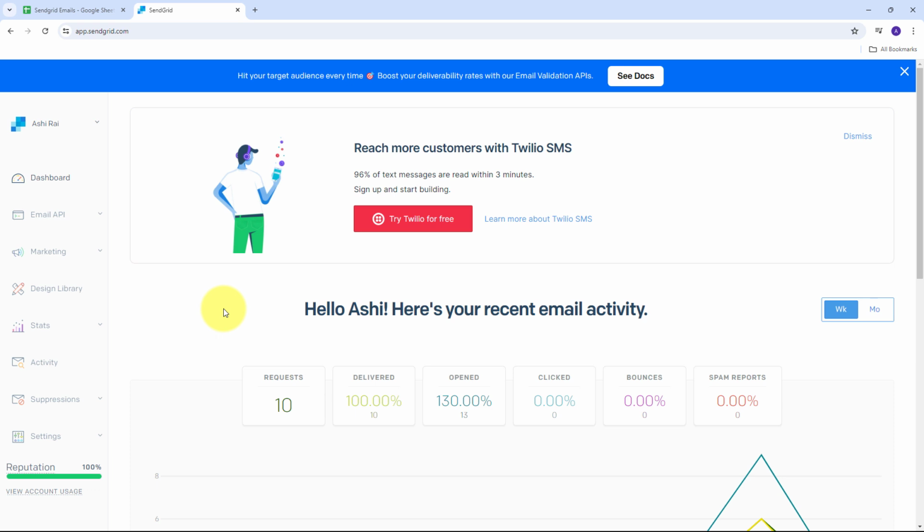This integration not only saves time but also ensures consistent and personalized communication, enhancing customer engagement and improving the efficiency of your email campaigns. In this video, I will show you how to set up this powerful integration with the help of Pabbly Connect. This will enable you to send automated dynamic emails via SendGrid, triggered by data in